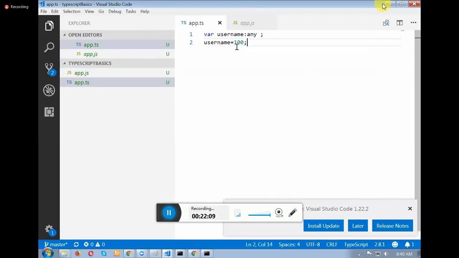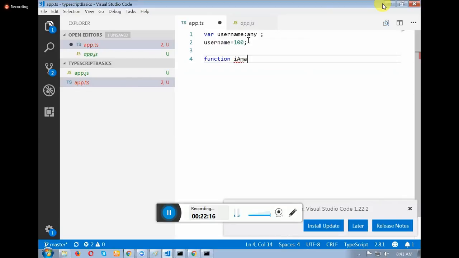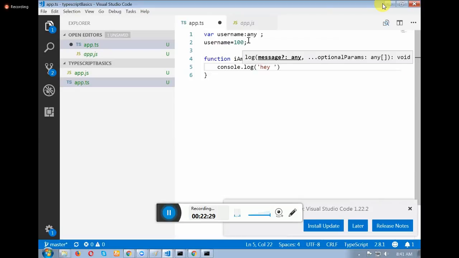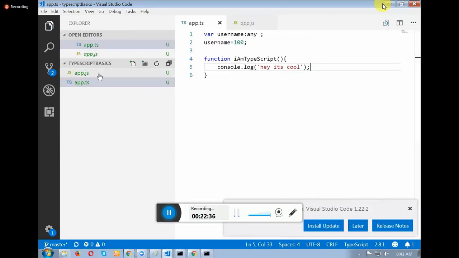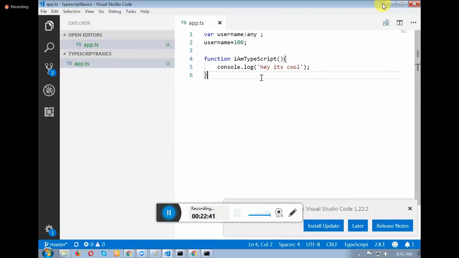Let me write the function here. Okay. Anything changed?